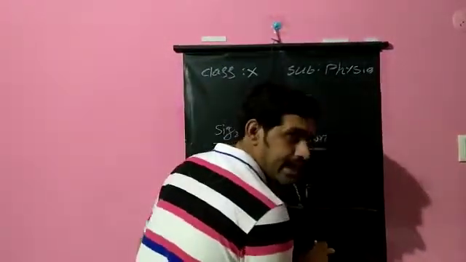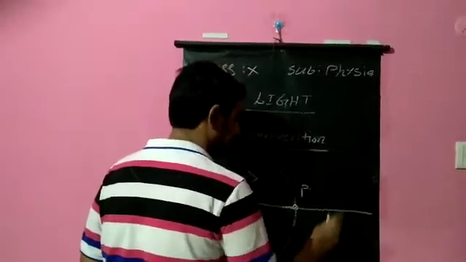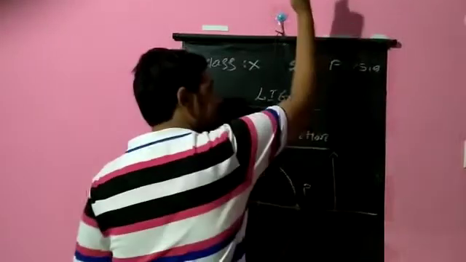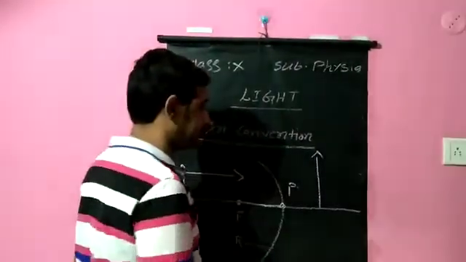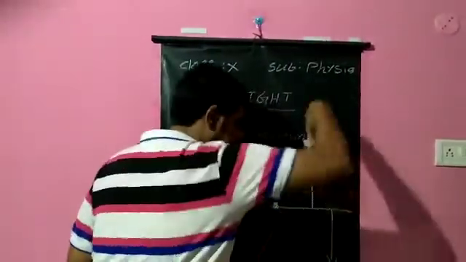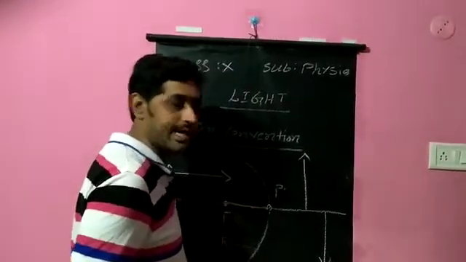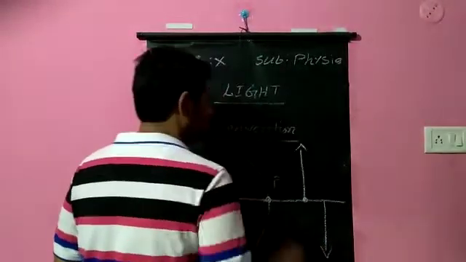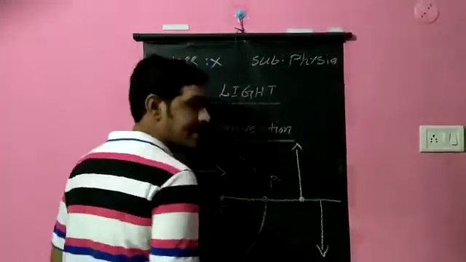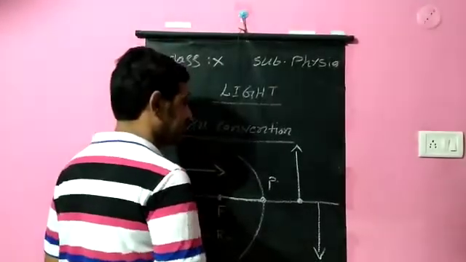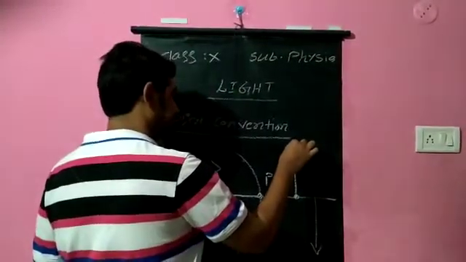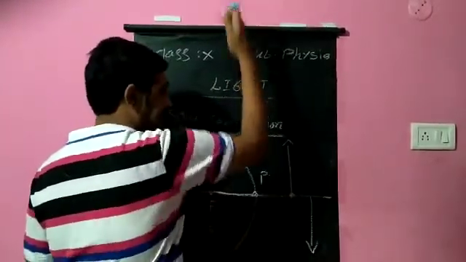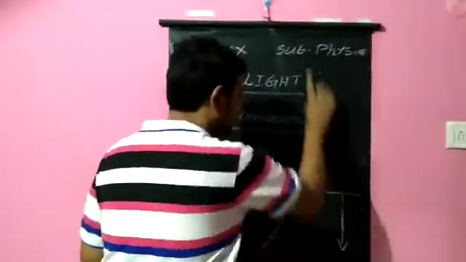Now, distances measured above the principal axis. This is the principal axis. Suppose this is the object. If you are measuring anything above the principal axis, you need to take that as positive. If you are measuring anything below the principal axis, you need to take it as negative, as per the sign convention. Here, first an object is kept. You are measuring the height of the object. How will you measure? From here to here, bottom to head. You will be measuring the height of the object in this way.